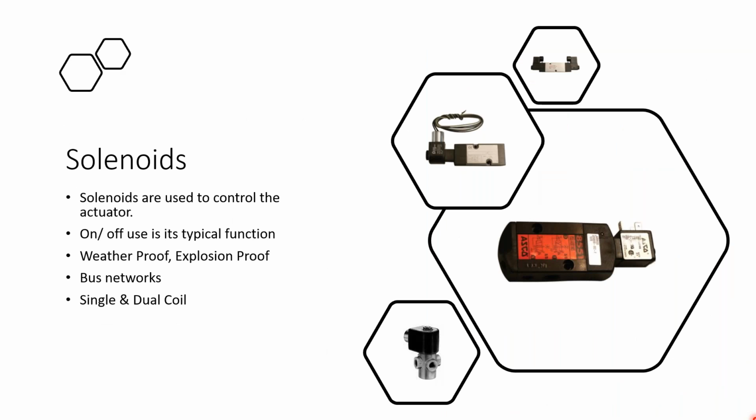Solenoids are pretty self-explanatory a lot of times, but it's always good to review the types of solenoids and what they're used for. We're putting these directly to the side of the actuator with that NAMUR mount that I was talking about. They've standardized to where you see these two holes. It's kind of hard to see in this one, where it is a standardization that they are putting on the side of these rack and pinion actuators, and it creates a very simple, easy, standardized assembly, uniform type solenoids to use in the industry